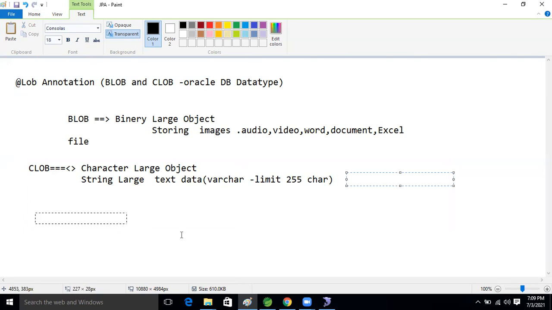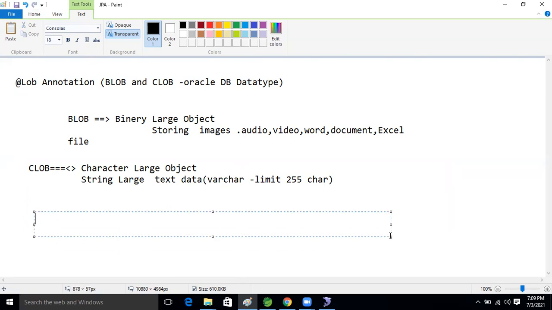Only one annotation is there, but in the application, if we want to perform Blob insertion, then what data type will we take? Byte array.